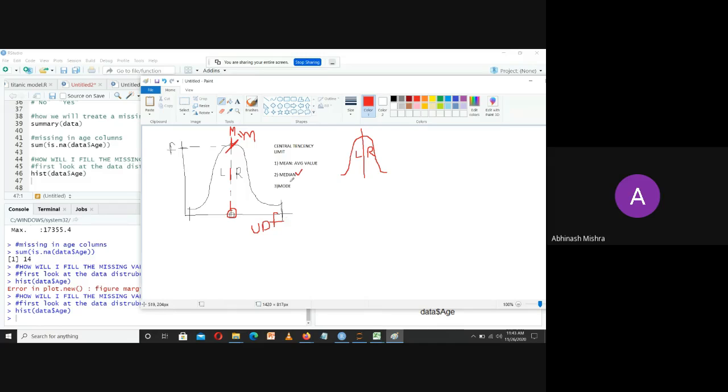Now, if I'm talking about mode, mode means how many times my data has occurred. Suppose I have a data set something like this, which is occurring something like this. And in this, I find the mode of this particular value. You will say 1 is the mode because 1 has occurred the maximum number of times. So this is a picture about UDF. But I am talking about a picture which I have seen in this particular graph.